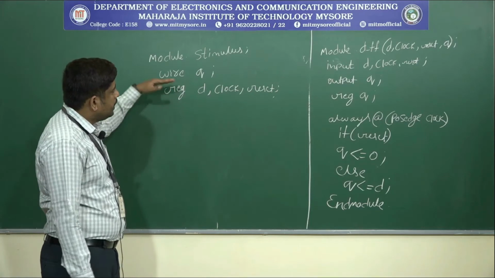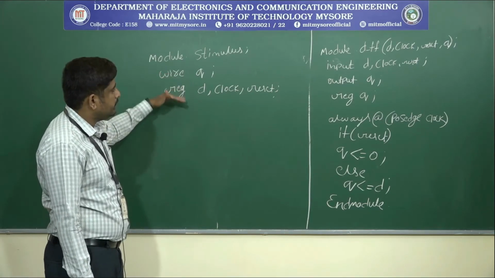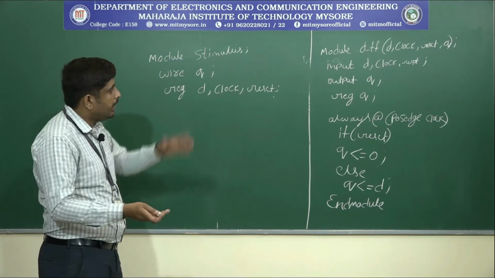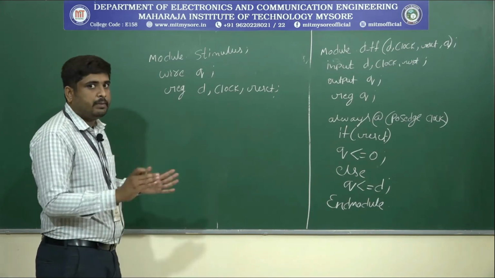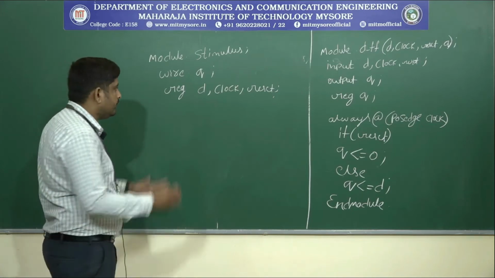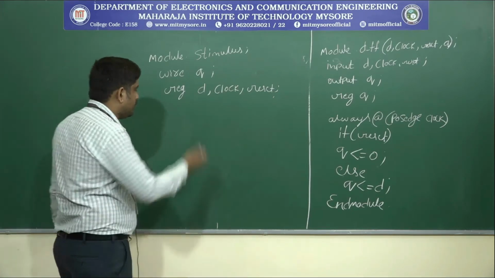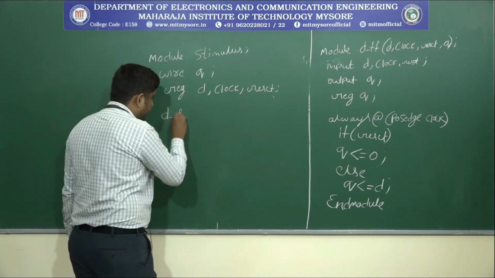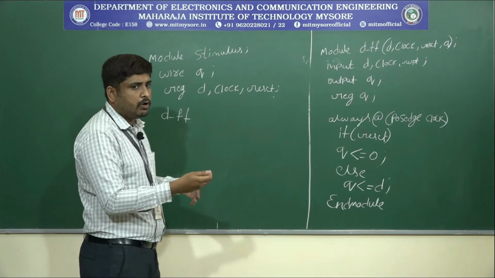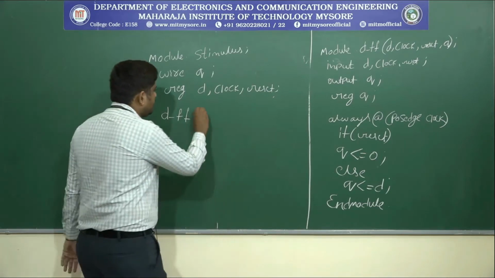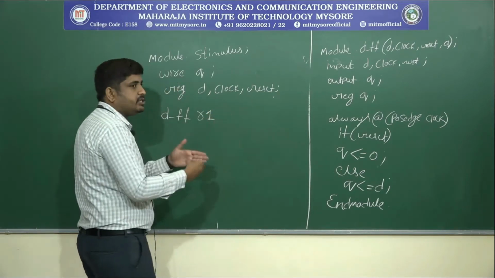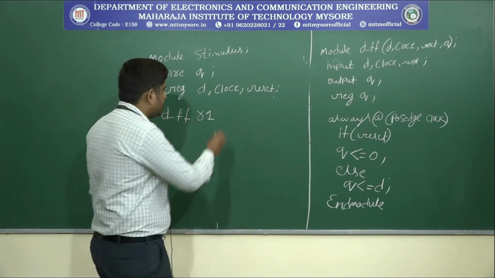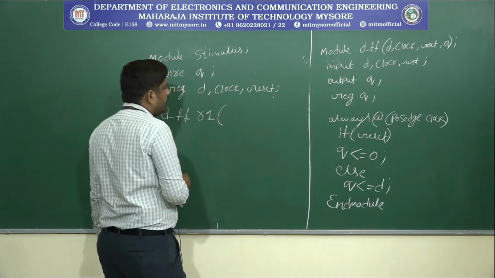Once the stimulus declaration of ports is done, next we have to instantiate the design block within the stimulus block. It's a very important one. What is the name of the design block? We write DFF here. Then you give a name for the instantiation, which I can assume here as R1. So inside here you have to write the